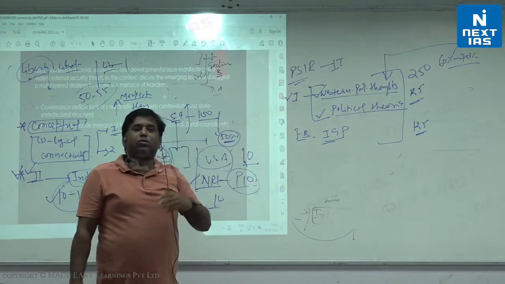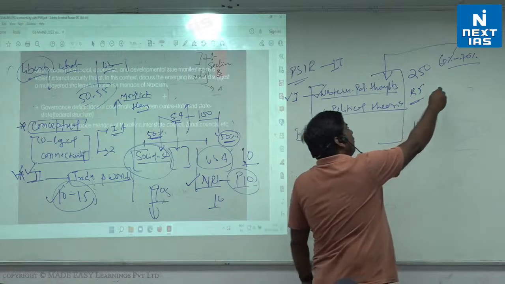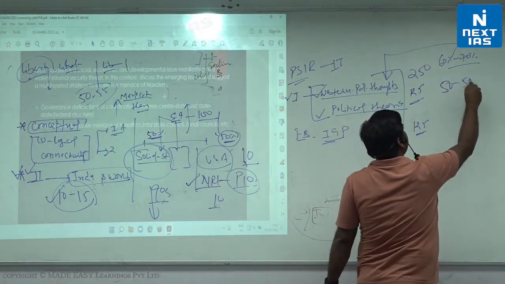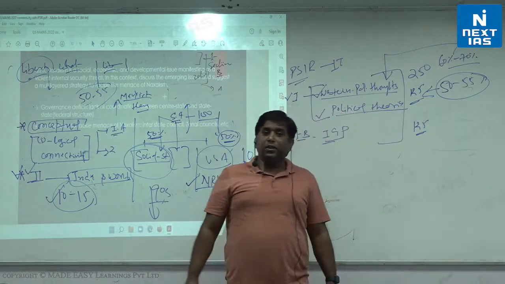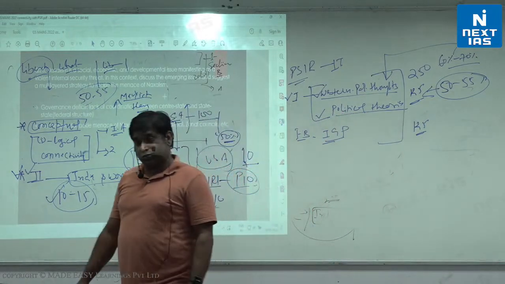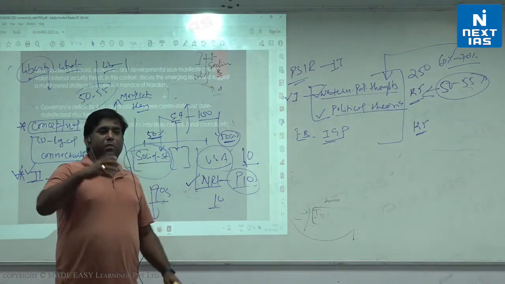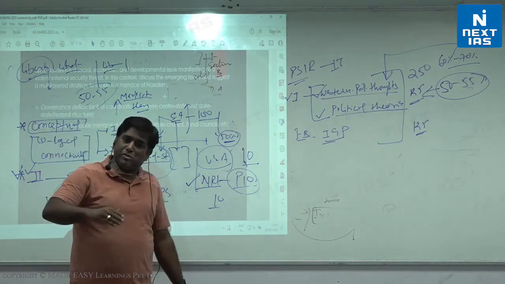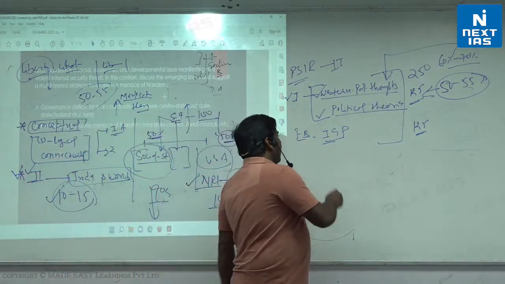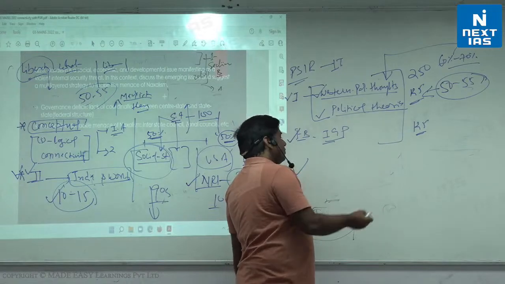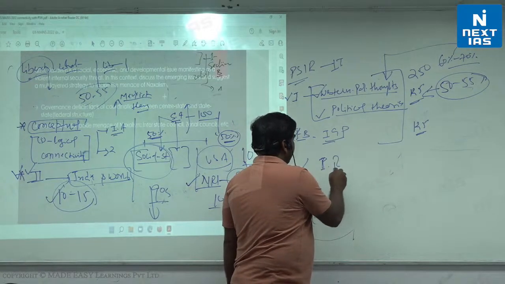So unless you diversify it, my suggestion is that 50 days to 55 days is enough to prepare it. And if you're spending more than this, then you are actually hampering your preparation for the rest of the sections. Either it is IGP or it is 2A, मतलब IR theories or India and the world.